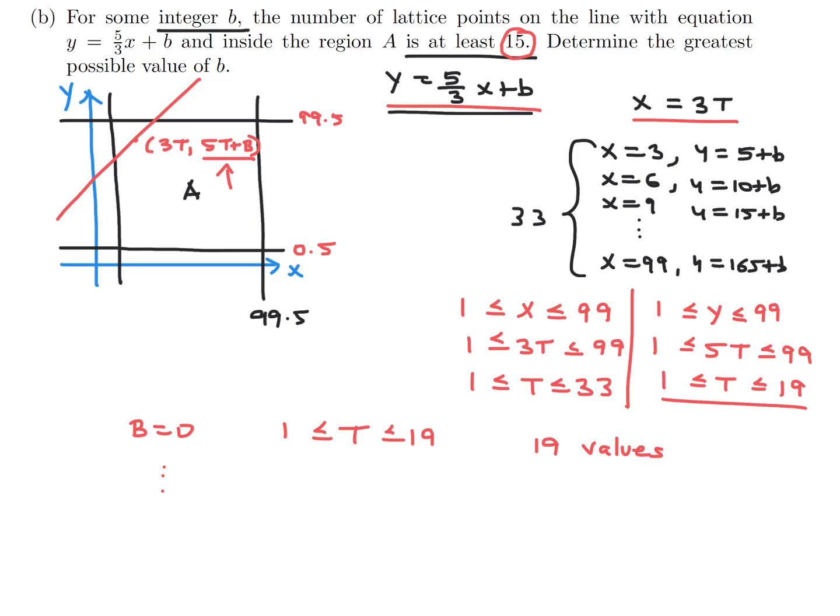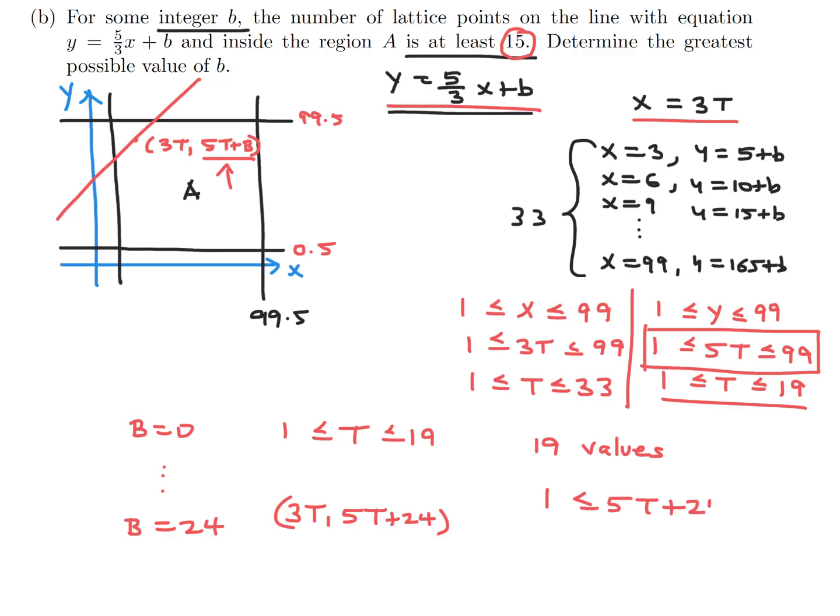What happens when b equals 1? What happens when b equals 2? And I'll let you guys do that. But when you get to 24, you get this situation where it's 3t, 5t plus 24. That's the point now. And then now it becomes, instead of this guy here, it becomes 5t plus 24 is